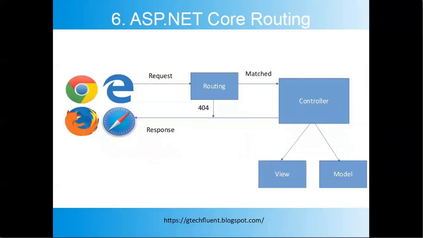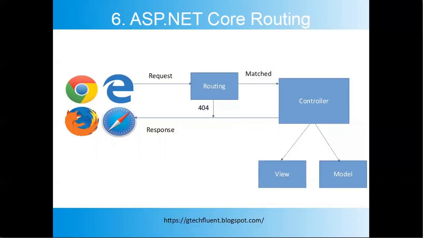When a request comes from the browser to our application, the controller in MVC handles the incoming request and responds to the user action. The incoming request URL is mapped to the controller action method. This mapping is done by the routing rules defined in your application. If the URL is not matched, a page not found response is returned.